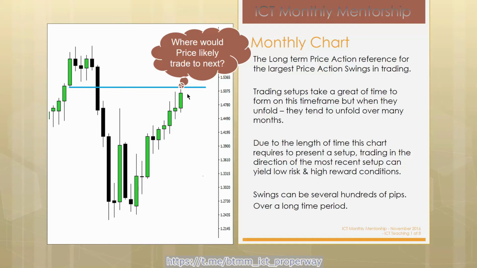the question is where would price likely trade to next? On the monthly chart, again, this is no different than what you see me do on a 15-minute chart, an hourly chart, or even a daily chart. But where would you reasonably expect to see price trade from once it trades at this level here? Well, what's under there? We got basically equal lows, but look at the bodies of the candles also. It's too clean, way too clean. Now, again, think, this is a monthly chart, folks, monthly.